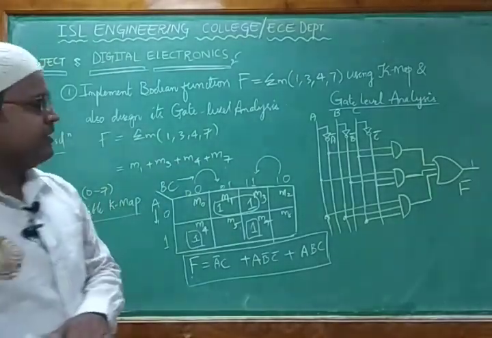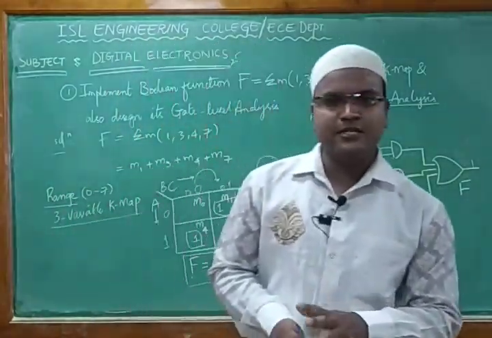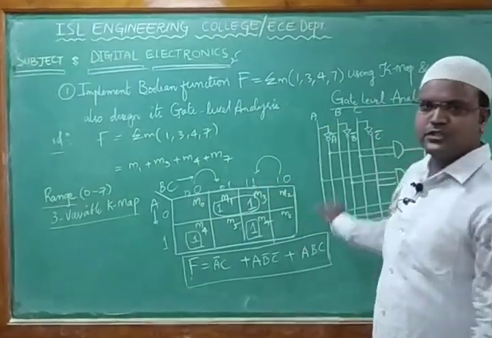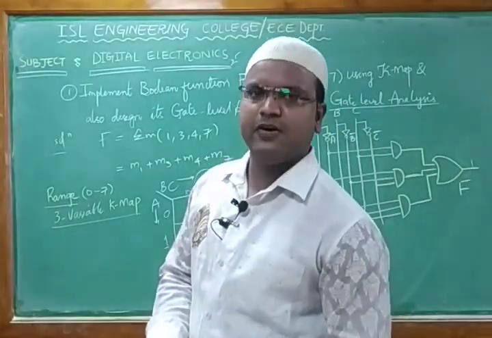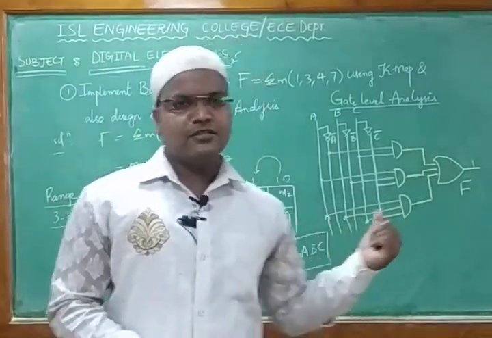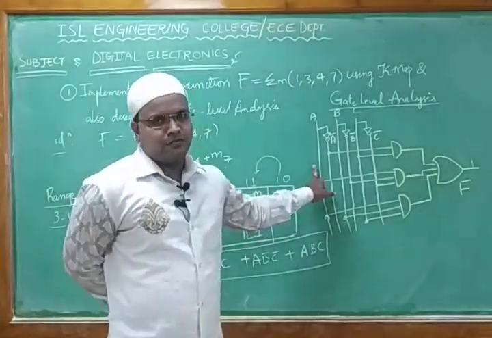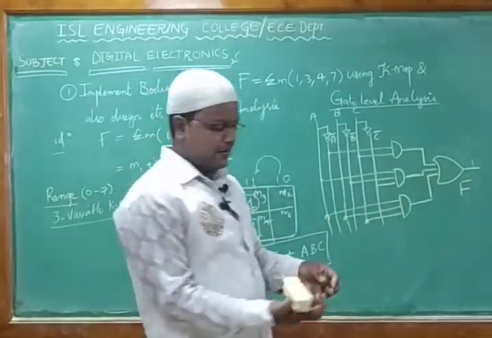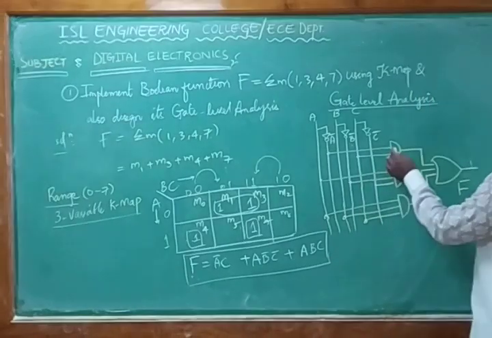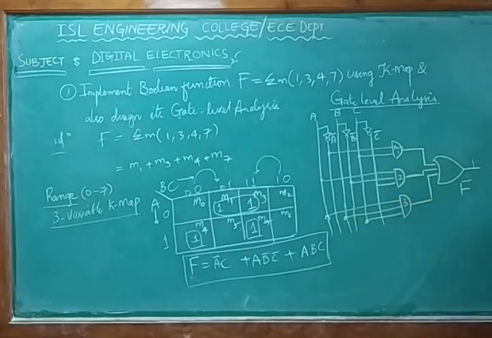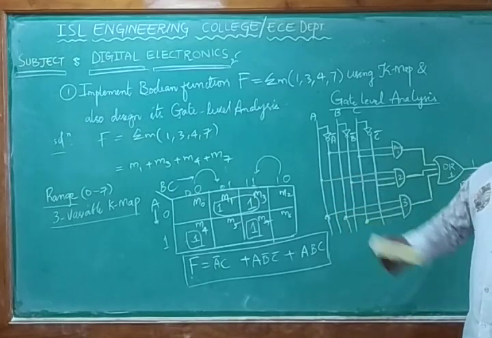Likewise, first what you need to write? You have to write the flow also. Flow in the sense of how you are doing it. After writing these, you need to write how you are getting these particular functions. That means how many NOT gates are required, how many AND gates, OR gates, statement-wise you need to write. So how do we write? To do the designing of that particular function we require 3 NOT gates. And how many AND gates? AND gate 1, this is 2 and this is 3. So we required 3 AND gates, and only 1 OR gate. So this is how you can design that particular function.